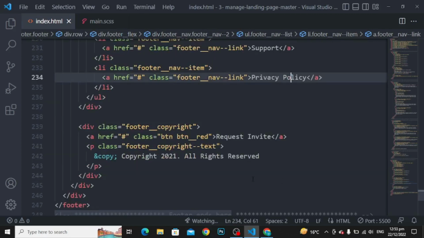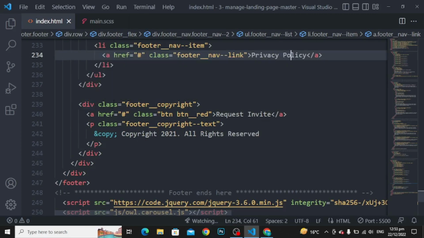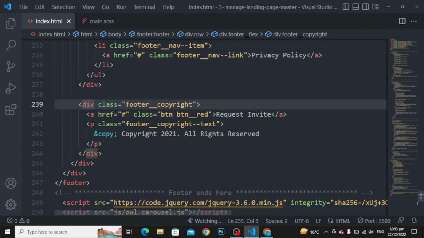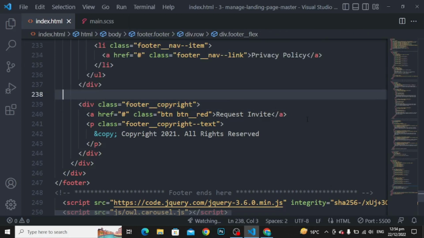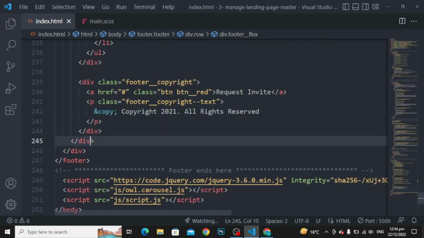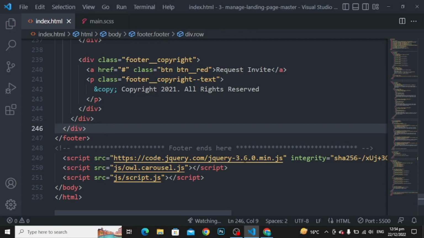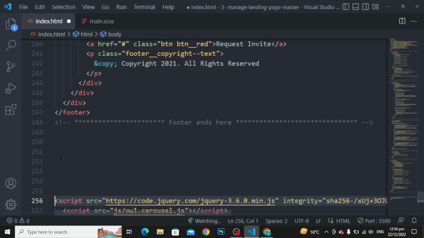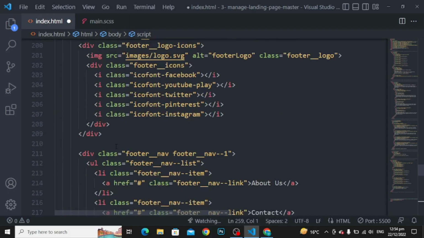Okay, so for the copyright, as you can see, div class with the name of footer copyright, and here is the anchor, and class with the name of button red. As you can see, this is the button red, and into the button red I have written the request in white, and para class with the name of footer copyright text, and you can see it here too. So the para is closed, the div is closed, and finally the div is closed and the footer is closed. These are the links that I have created, or you don't have to use them here. So this was the